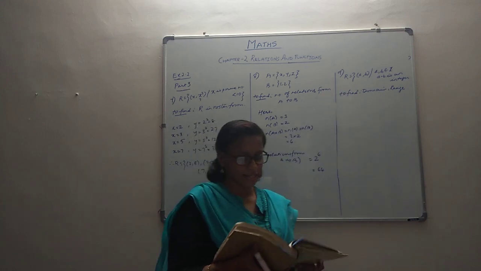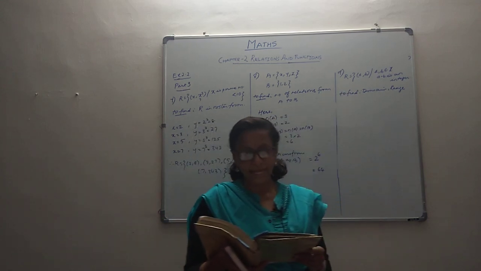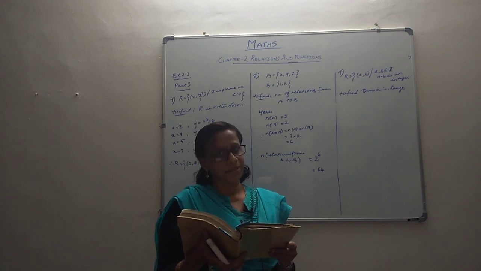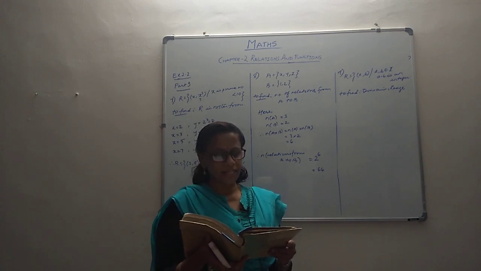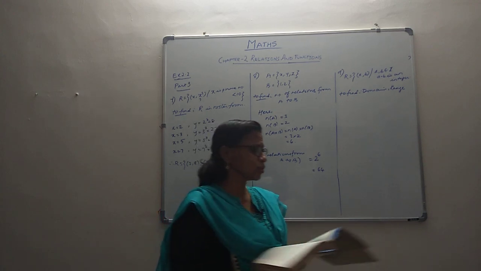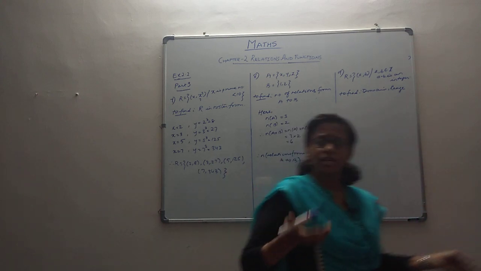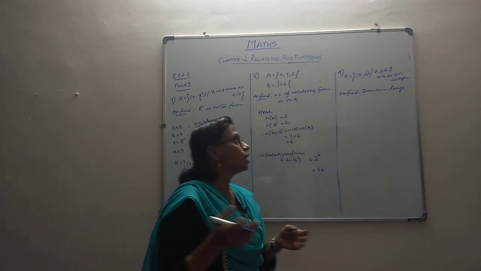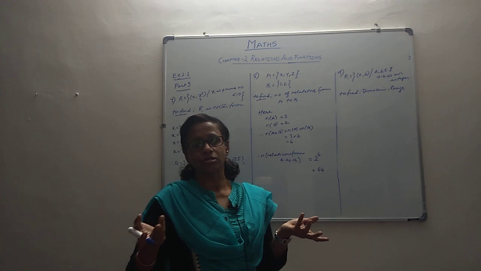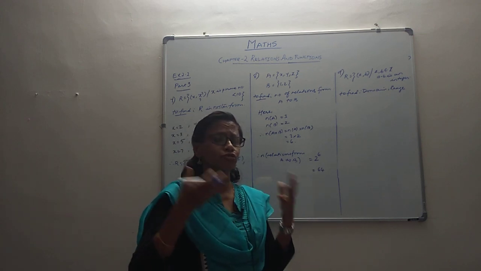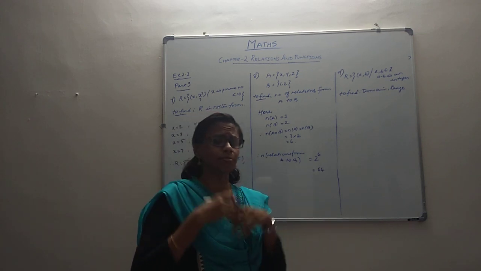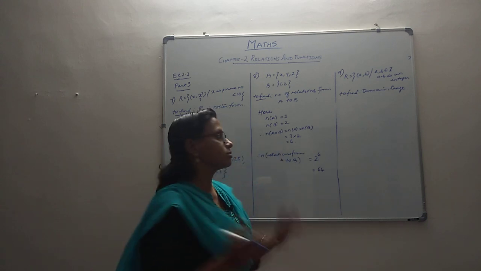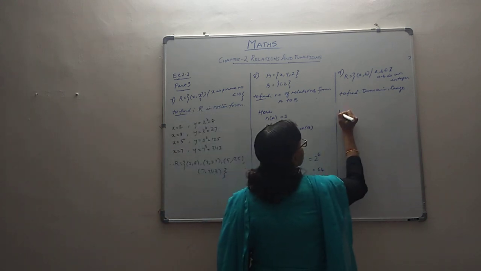R is the set of all the ordered pairs (a, b) such that a and b are both integers, and a minus b is an integer. Find the domain and range. I don't know how to list it because it's very elaborate, I feel. A minus b should be an integer. It can be anything. It can be minus 1, minus 2, it can be 1, it can be 2, it can be 3, it can be 0, it can be so many. So I don't know how to list it. It's going to be too much.